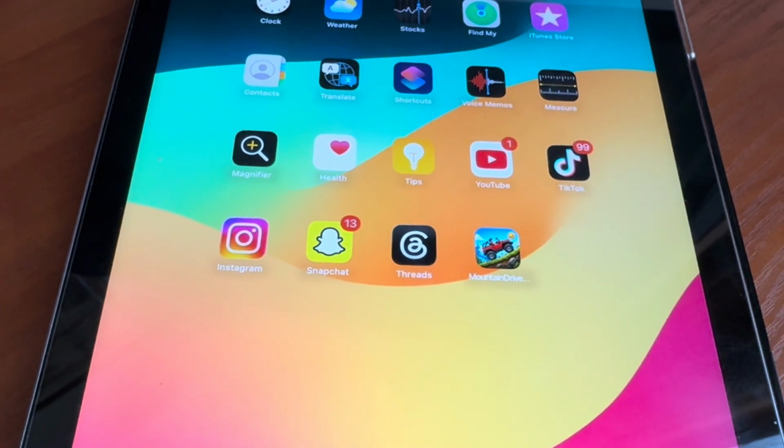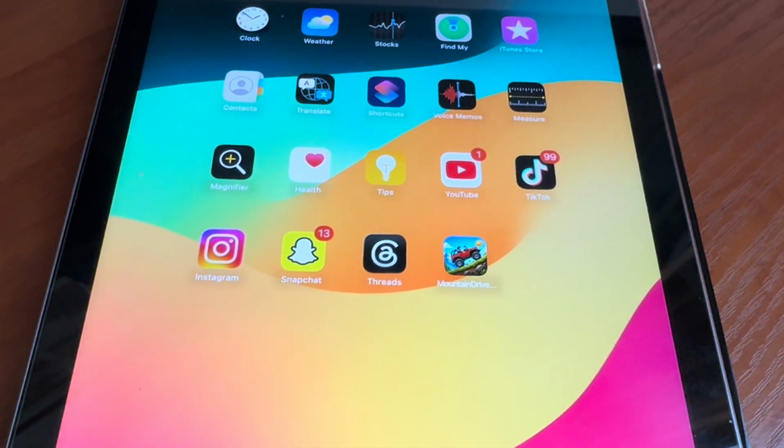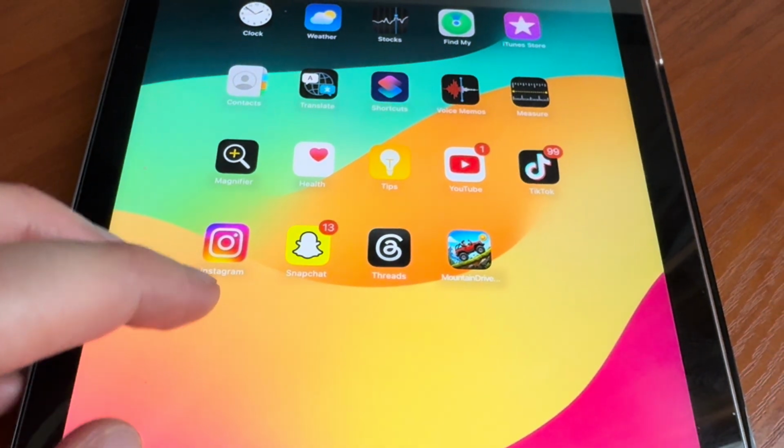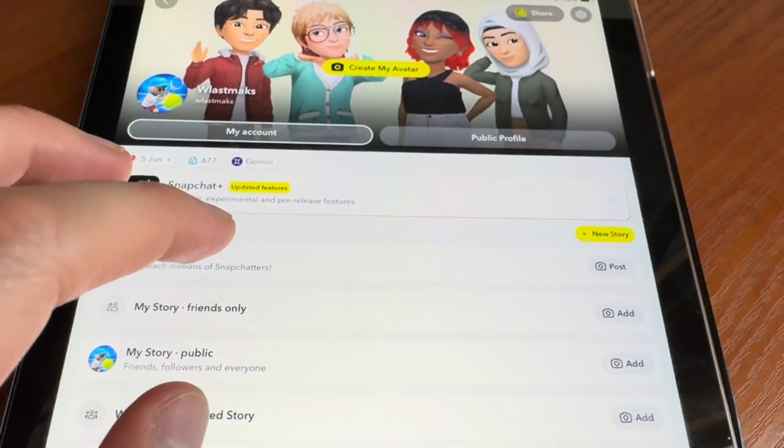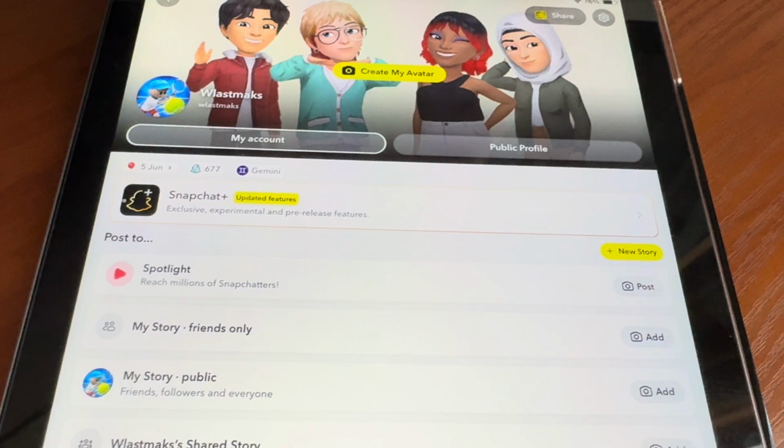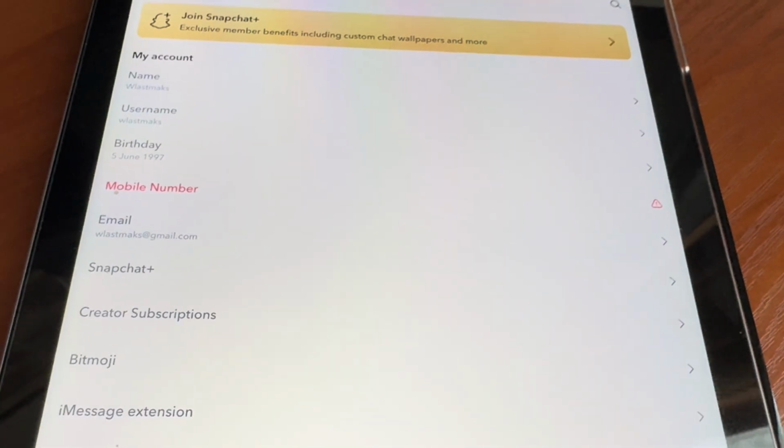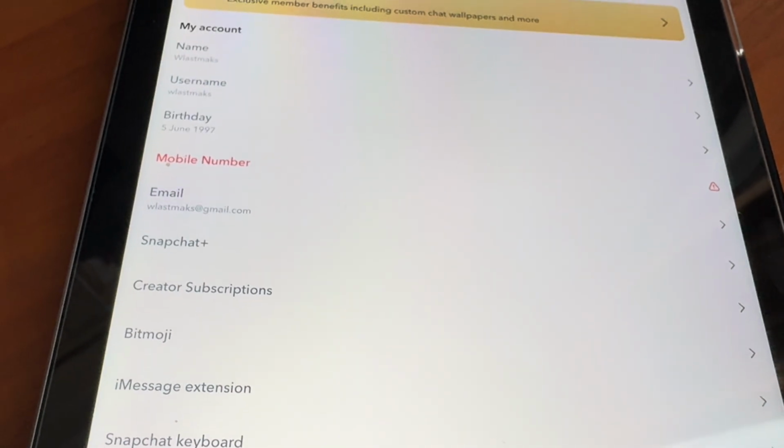So how to fix Snapchat memories not backing up. First thing, just check your backup status. So just open Snapchat. After, you just need to tap on the settings. After, you just need to find here